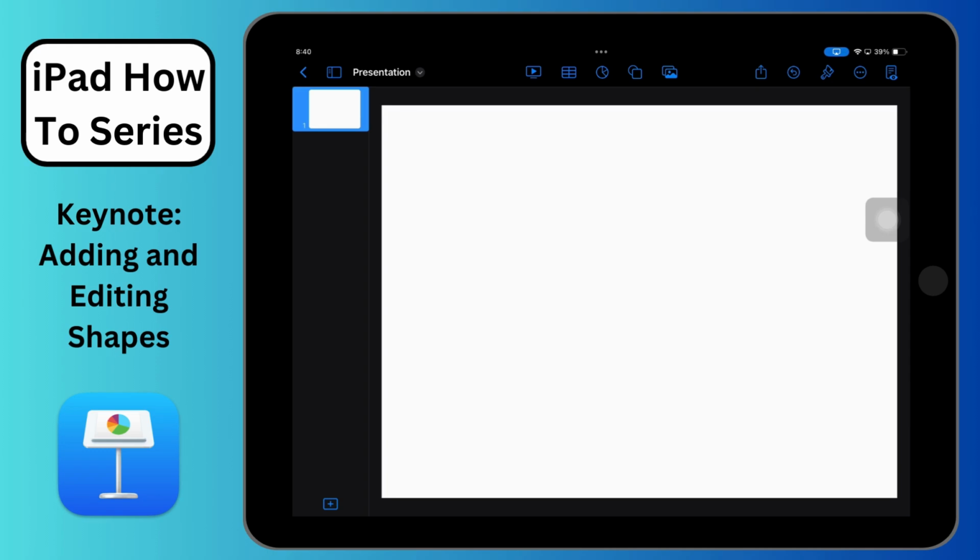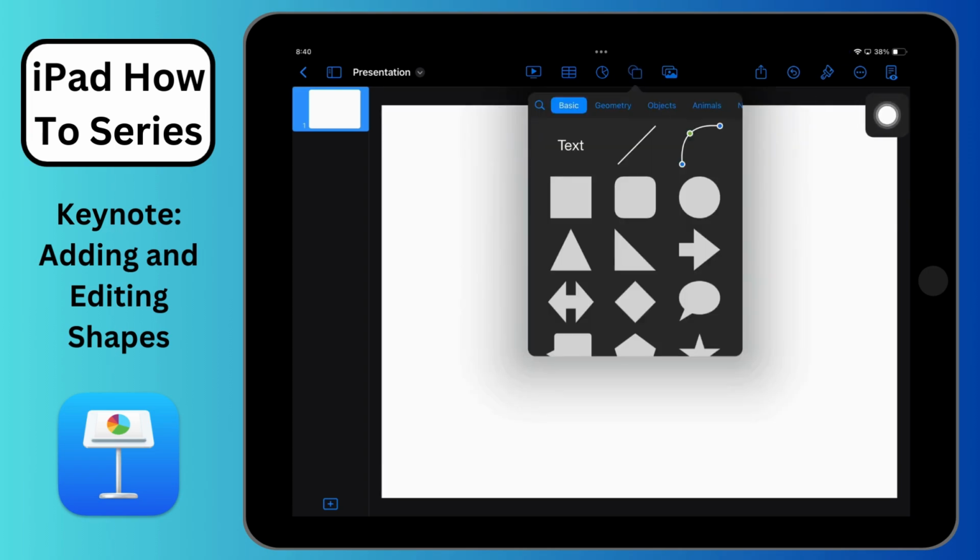Again, this is a series of tutorials focusing on different aspects of the Keynote app and how to use them, so you can watch, learn, practice, and then move on to different skills. This specific tutorial is going to focus all about the Shapes app on top, or the shape options you have in Keynote. So you'll see here I tapped on my shape icon at the top, and I'm going to add